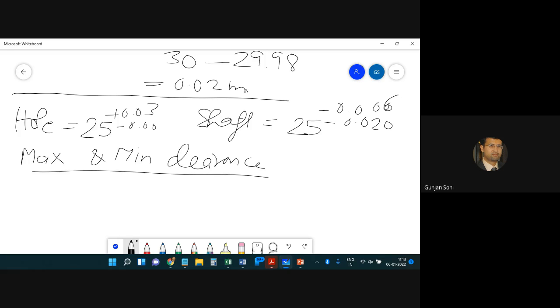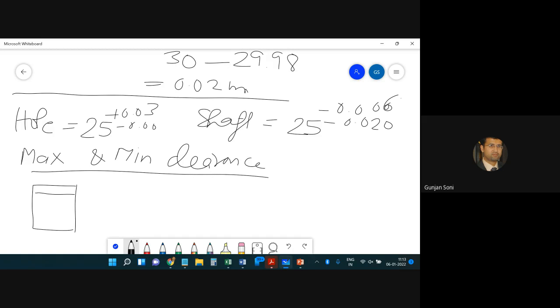So it's given that it is a clearance fit. So find out the maximum and the minimum clearance. It is always good to make a figure, a sketch of it. So let's say basic size is same for both, so